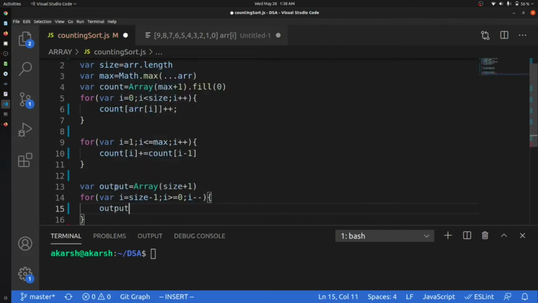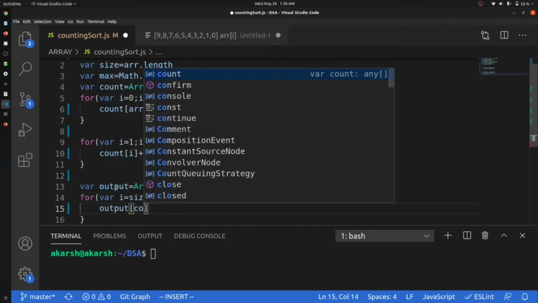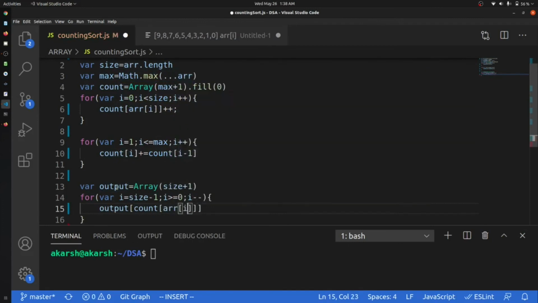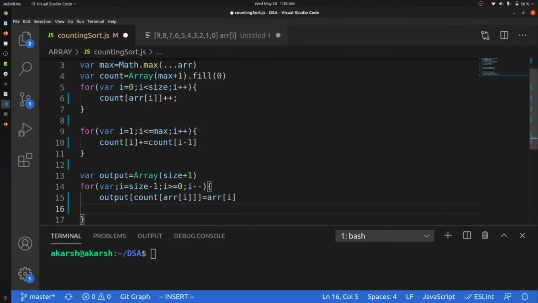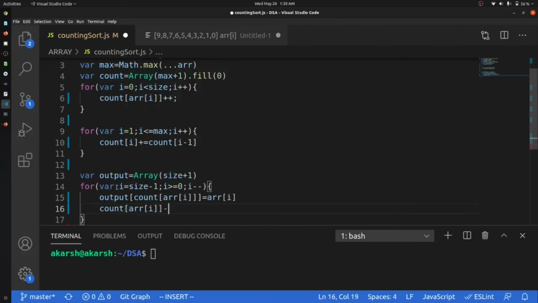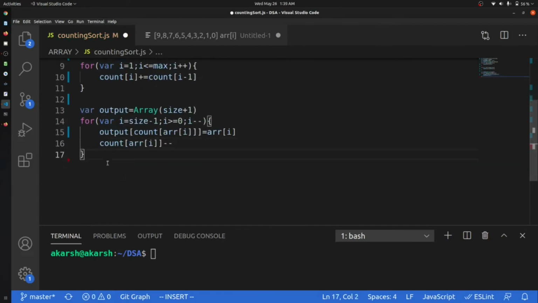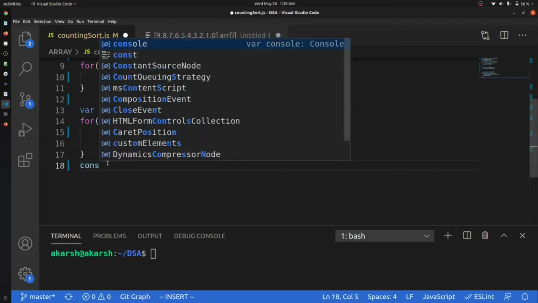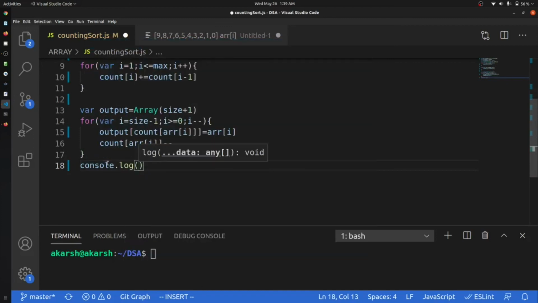We take output at count at array at i should be equal to array at i. And now we say count at array at i minus minus, and just after this we can console dot log, sorry, not array, we say output.